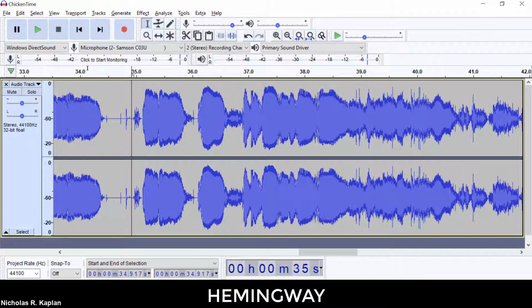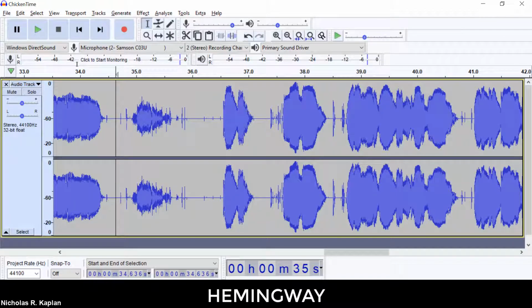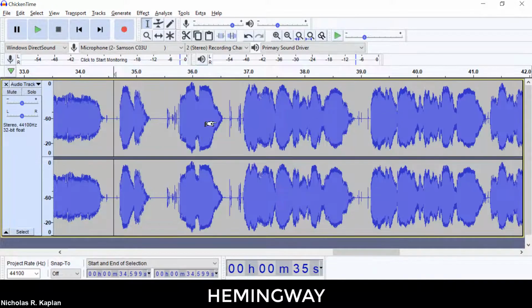All right, so right here, we've got a little bit of Ernest Hemingway. I don't really want to have him in there. I think it ends just about right there. So I'm going to highlight, click delete, put my cursor back where it needs to go, spacebar to push play. Ooh, I've got a little extra noise right there, so let's get rid of that. I'm going to hit delete and keep going. I'm also going to try to get rid of Einstein.